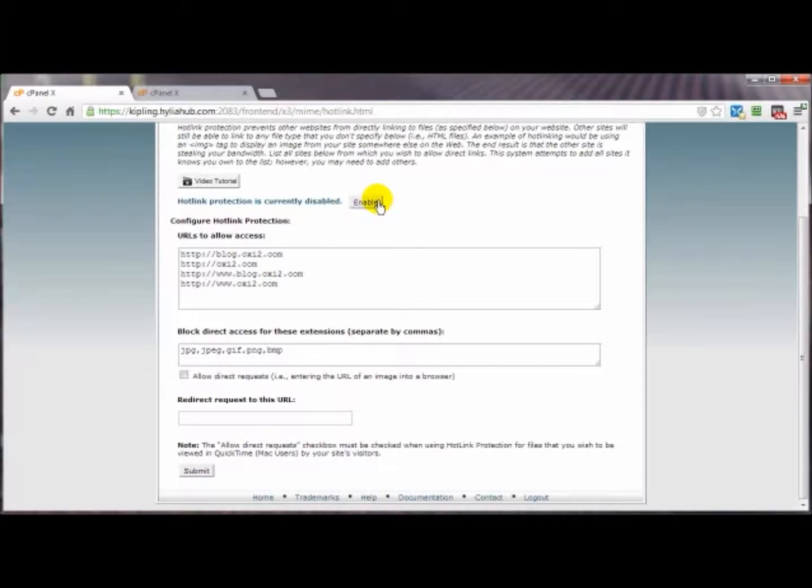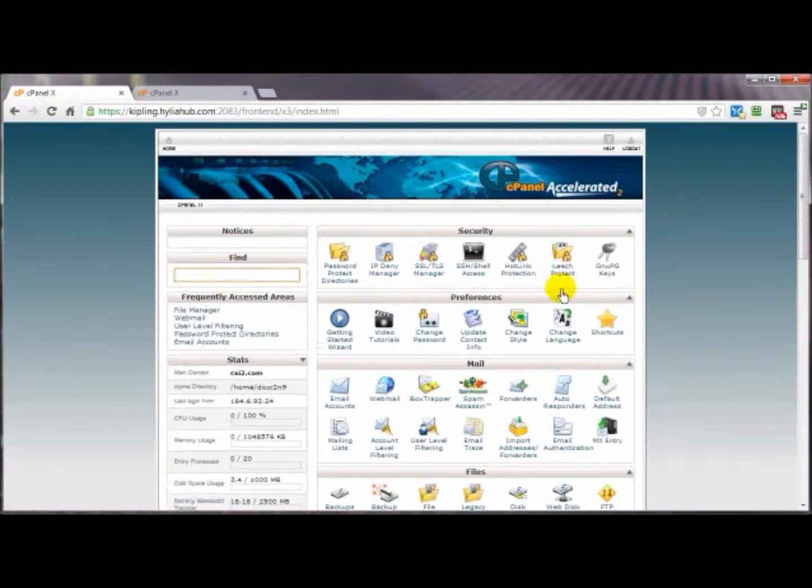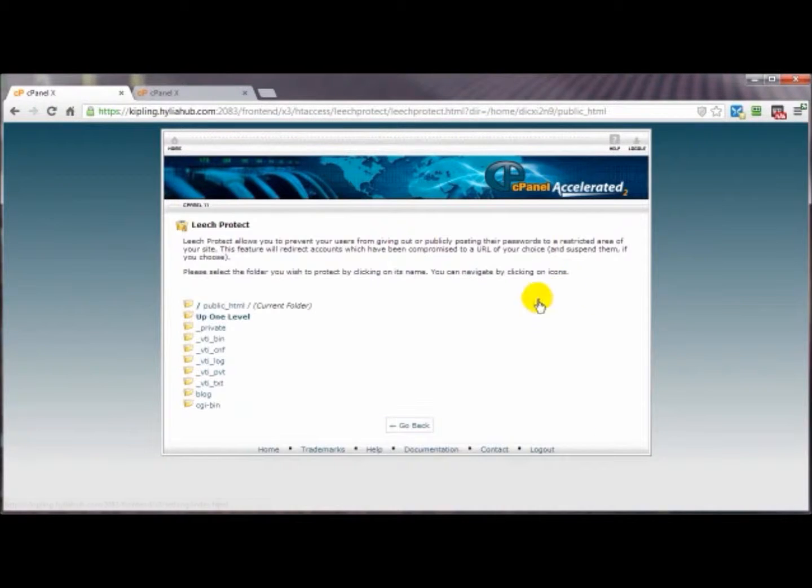Make sure that I've got enable checked, and then if I do make any changes here, click on submit, and also make sure I've clicked enable, and then that hotlink protection is activated. So that's hotlink protection. And under leech protection, this is pretty cool, especially if I've got some outsourcers, people that I trust, to do some work on a particular directory or folder, and I give them username and password